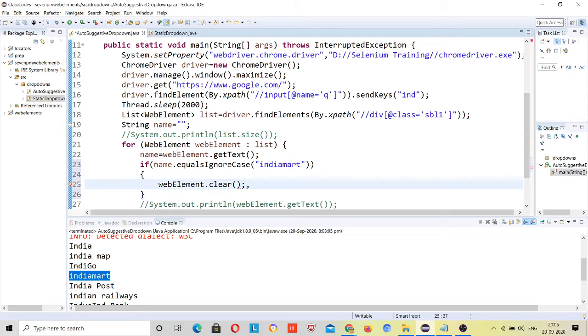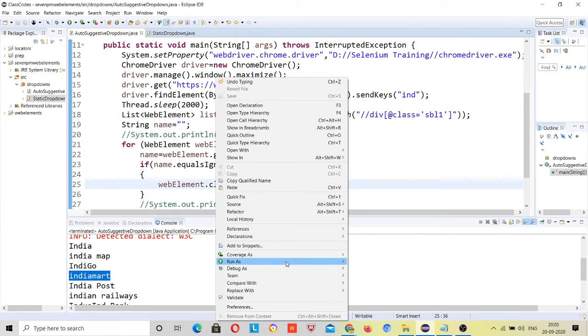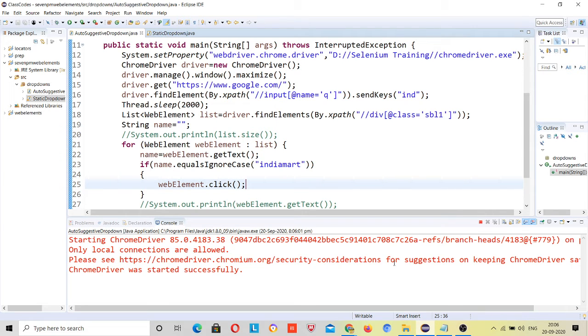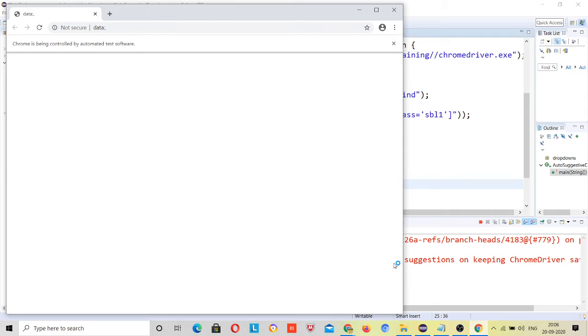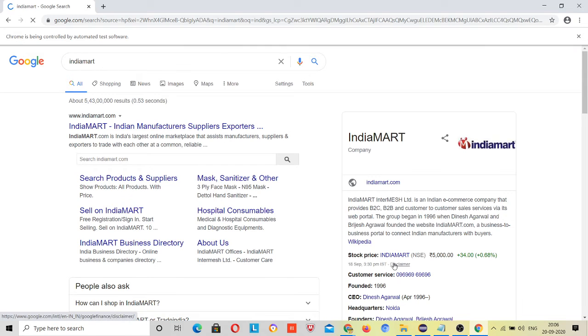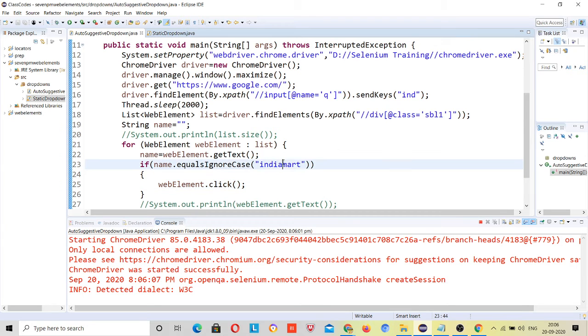Web element dot click, right? So run it. Right, so it clicked on India Mart. Suppose I want to click on India Post.